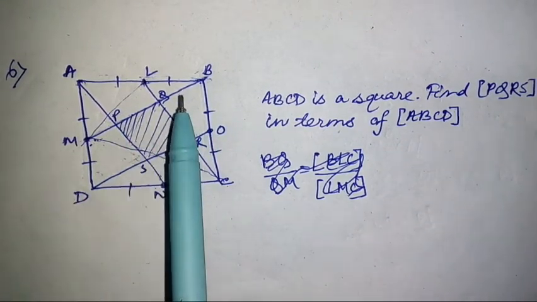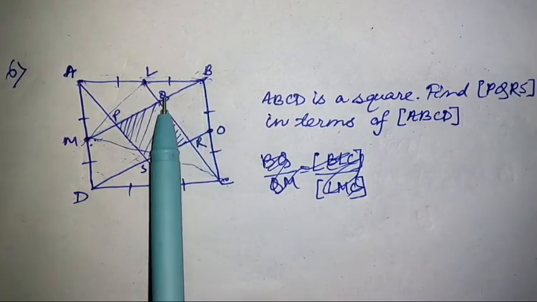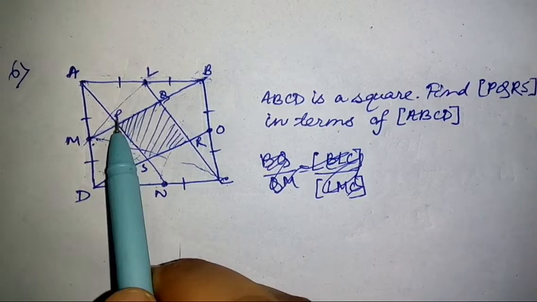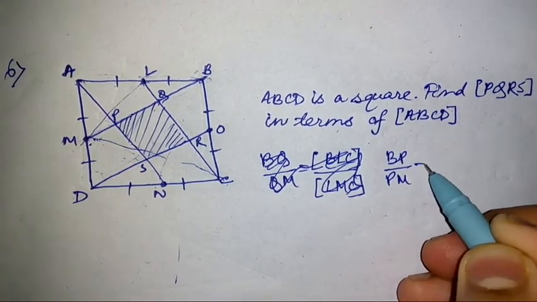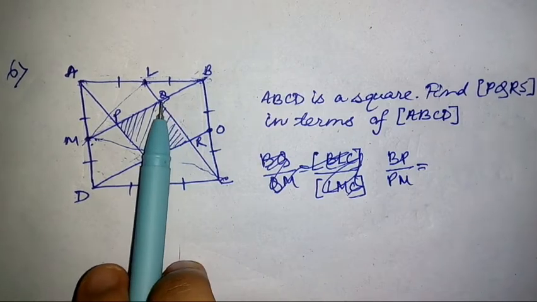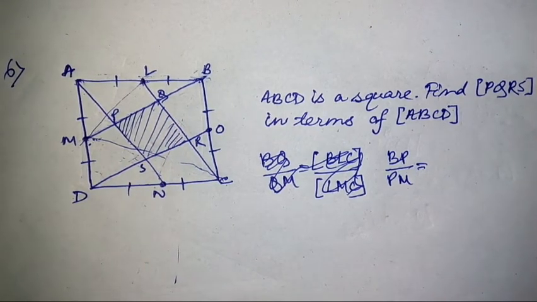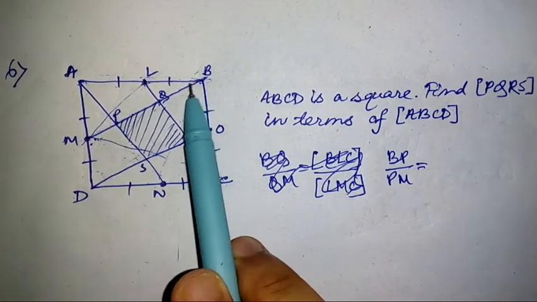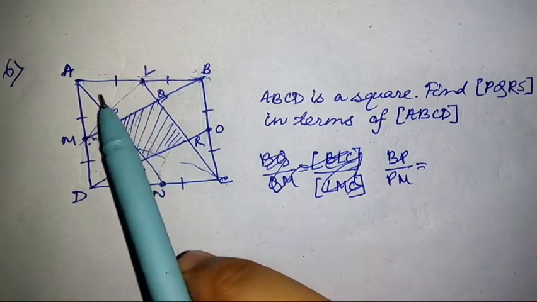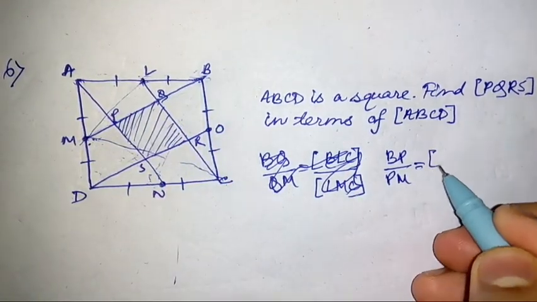See, I have tried to calculate the location of this point, PQ to QM, but it is too hectic, too difficult. That is why I have not done it. So instead, if I try to locate the position of BP to PM, this is quite easy compared to locating the position of Q. It is by hit and trial method. We have to see which method is more efficient than the other, and we have to choose that method. So this method is efficient because if we try to calculate the location of this point, BP to PM, then it is defined by this line AN. So we can calculate this ABN